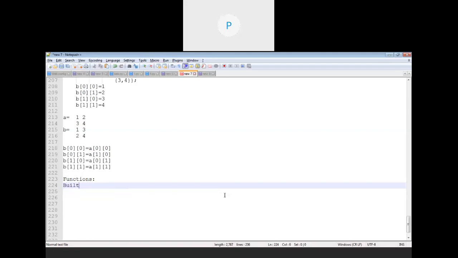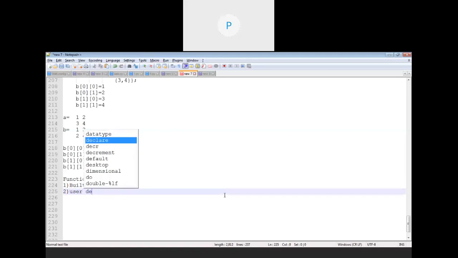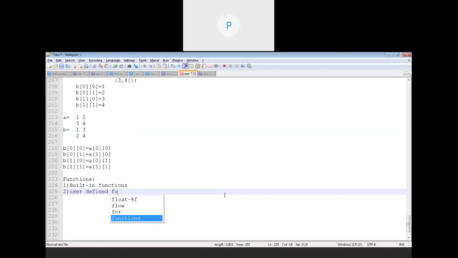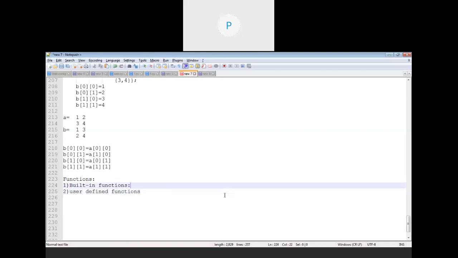As I said, there are two different types of functions available. First one is the built-in function, or you can call it inbuilt functions or predefined functions, and another is user-defined functions. So in inbuilt functions, now we will learn about math and string functions.